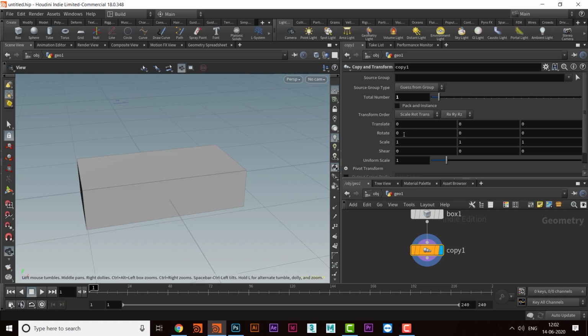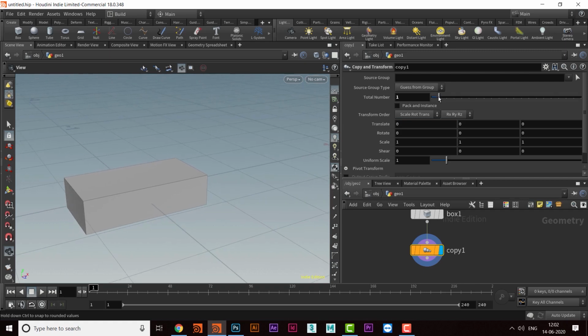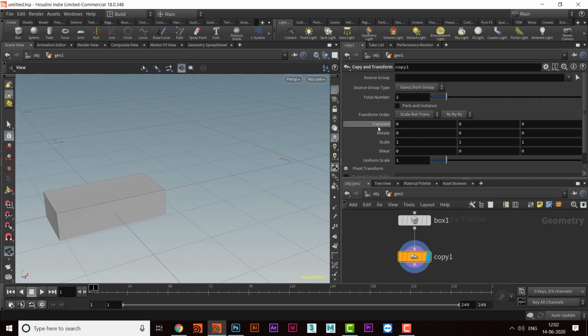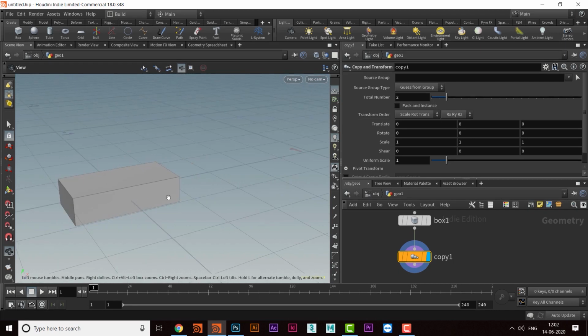And then we have translate, rotate, scale, all these. Okay, and then uniform scale. The options we are given here will be applicable on each copy which we are creating. So suppose we have created this brick for the wall, and we have two bricks here, and we are giving a translate in the x-axis.